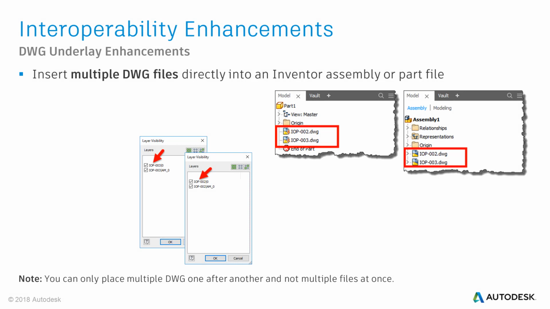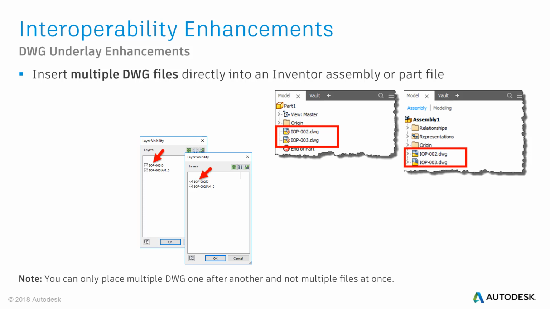Another enhancement regards the DWG Underlay functionality. You can now insert multiple DWG files directly into an Inventor assembly or part file to use as an associative DWG underlay. When you place or import a DWG file into a part or assembly, any new text style or layer you create now has the file name as its prefix. In this example, you have a layer named am_0 in the DWG files. The layer belonging to a specific file can be identified by file name, vertical bar, layer name. Here,